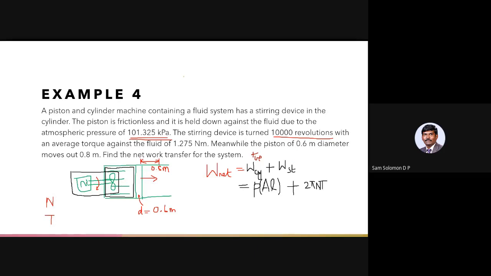So it is work done on the air, on the gas, by the stirring device. They have said it is a fluid, so it may be either a gas or a liquid. The stirrer is doing some work on the fluid inside the cylinder, so that is work input. So here this second term will be negative because it is work input. The first term will be positive and the second term will be negative. Okay, so let's see how the answers have turned out.